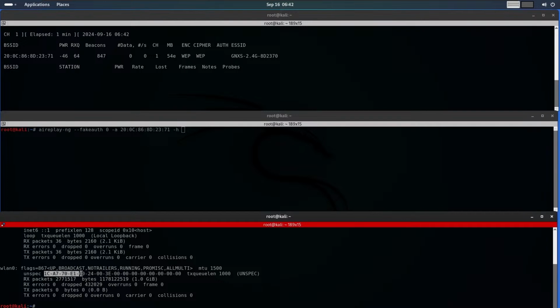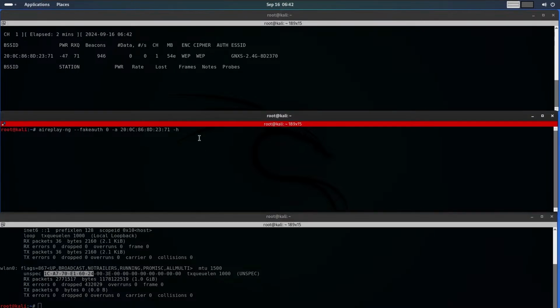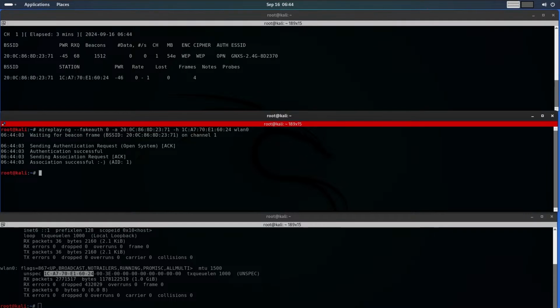Copy the first 12 digits and paste here after -h and replace hyphens with colons, and enter our wireless adapter and I will run the command. Done. Notice under auth it now says open